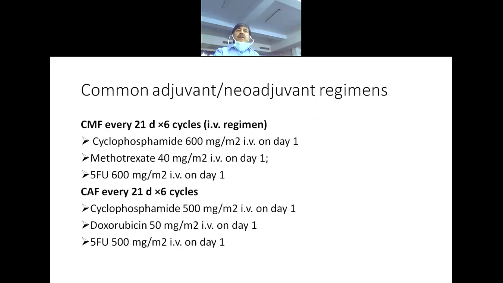Now these are the common regimens used in breast cancer, because this chemotherapy is given as a combination chemotherapy and in cycles. Here you can see that the dose is given as per the body surface area, but not as per the body weight. The reason is that there is a strong relationship between the body size and the physiological function of the body, for example cardiac output, total blood volume, glomerular filtration rate. So there is a relationship between the body surface area and the physiological functions of the body.